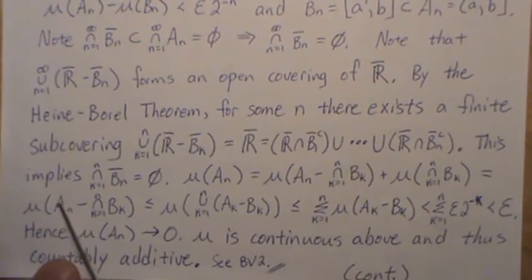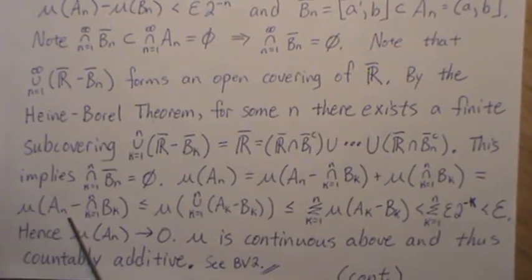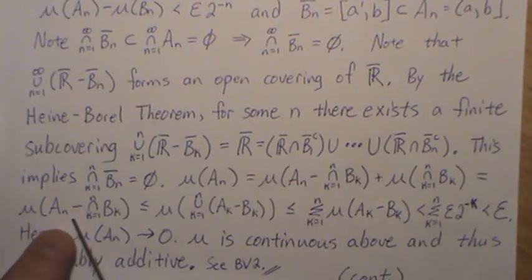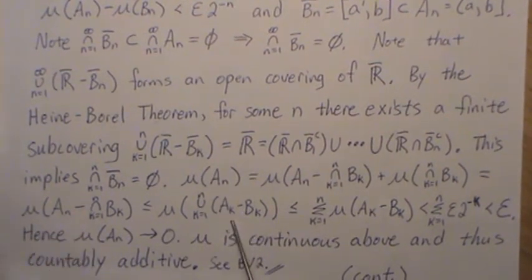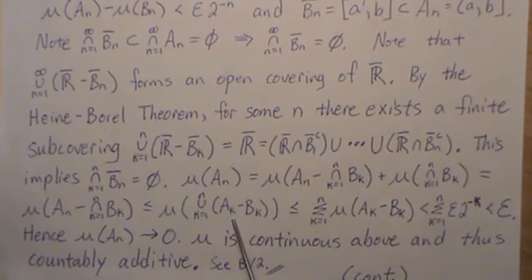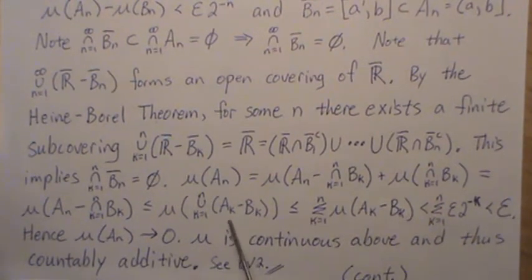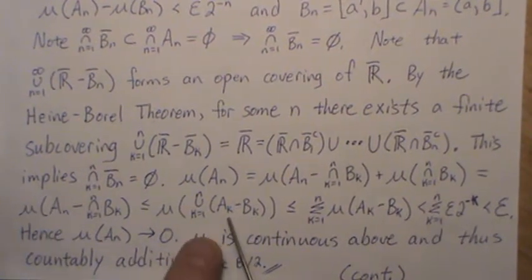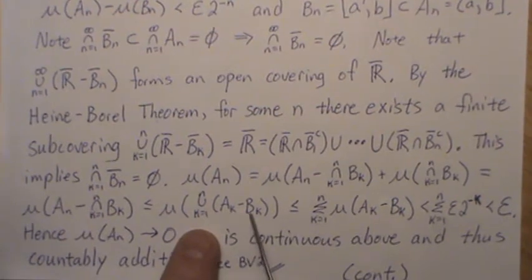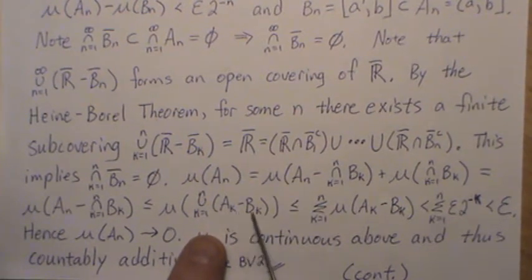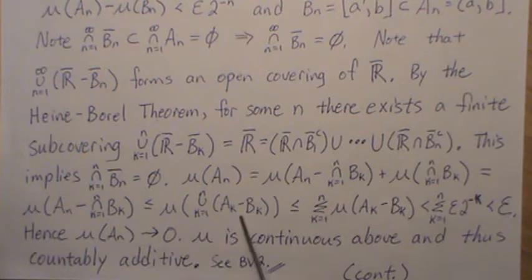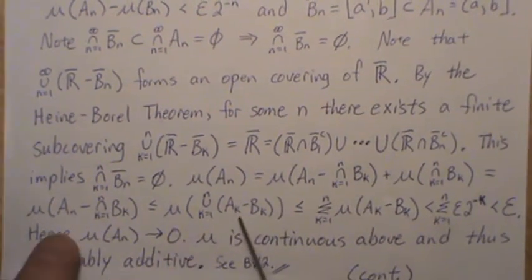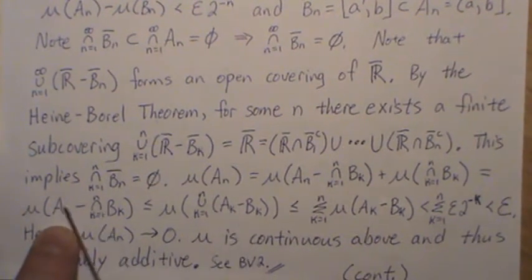But now the ANs are decreasing sets to the empty set. I always have to pause the video and draw sets and circles and make it right in your mind. But because these are decreasing sets, if we take the first one and subtract off A1 minus B1, there's a little piece there. And then we union it to A2 minus B2, there's another piece that we've added to it. And if we add those all the way to N, this set is larger than this set.